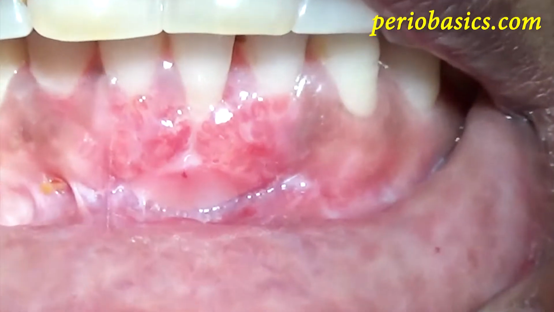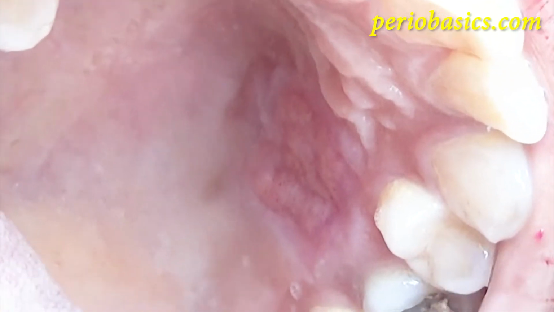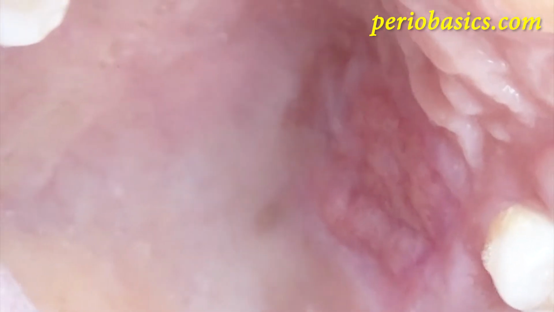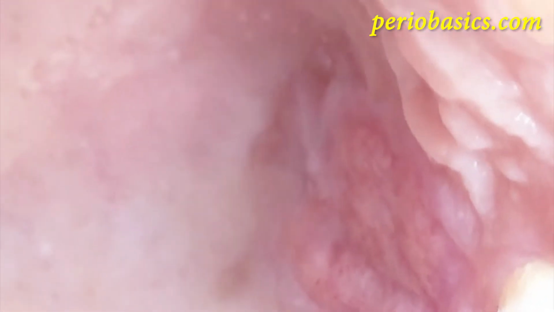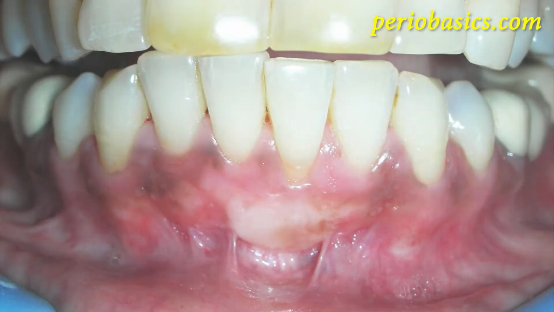Now this is 10 days after the surgical procedure. You can see the coverage, the palatal donor area is healed, primary healing has taken place, and this is 6 months after the surgical procedure. You can see that the recession is almost covered, and we have achieved an adequate width of attached gingiva. This is how this procedure is done. So this is how the free gingival graft procedure is done.